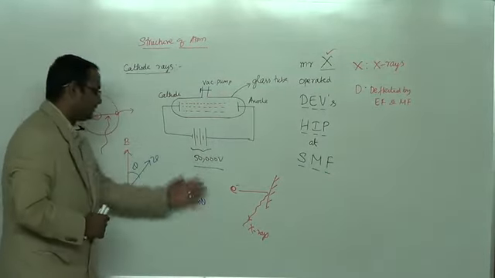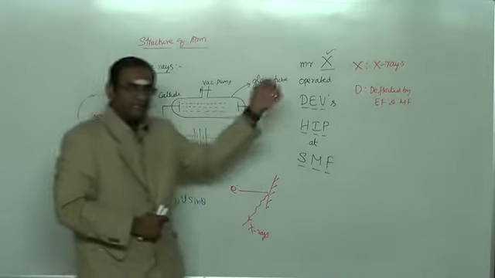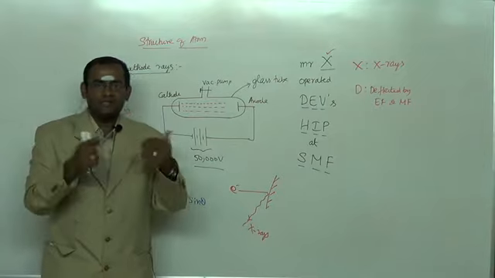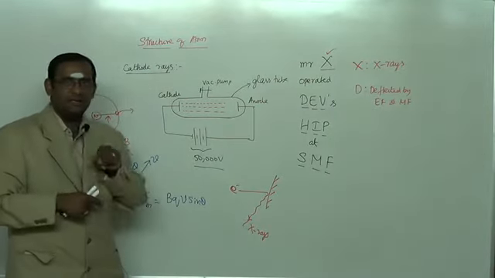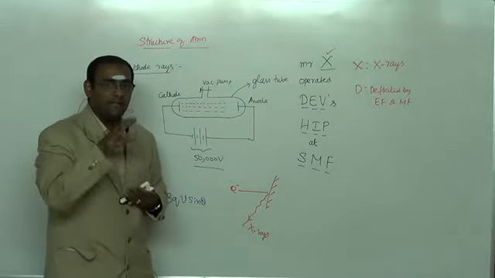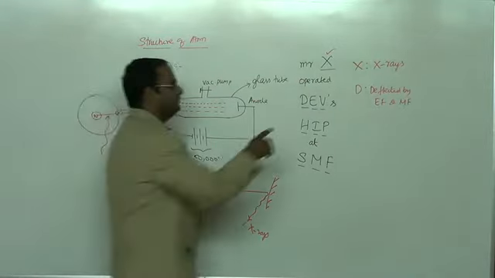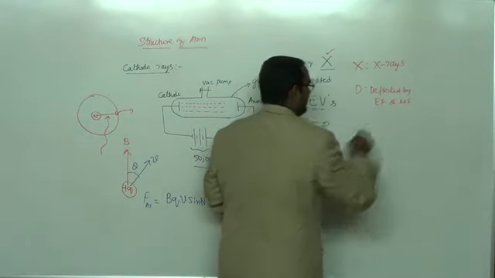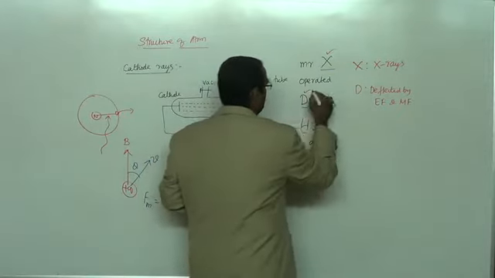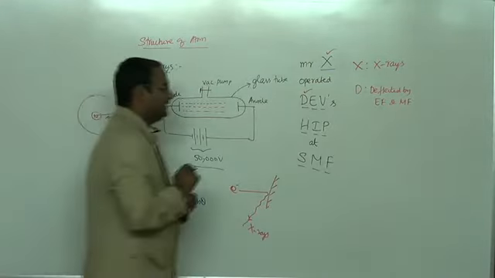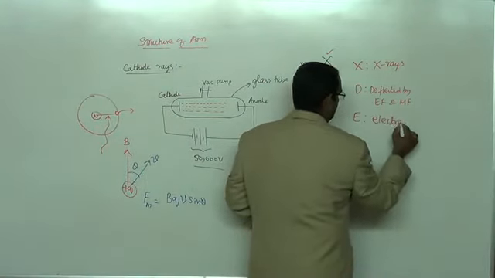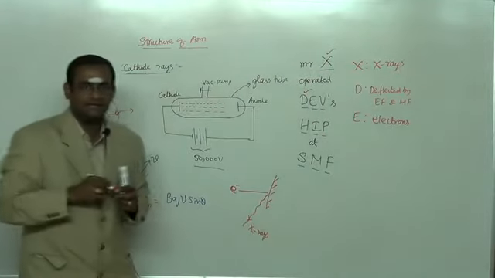Please do understand this formula, and here our interest is that whenever a charged particle moves in a magnetic field, it gets deflected because of the force. Similarly, an electron is also a charged particle, it has a negative charge, and therefore when they move in a magnetic field they get deflected. So D is for they get deflected by electric and magnetic fields. I hope you have understood the second point, D. E stands for cathode rays are nothing but negatively charged electrons.